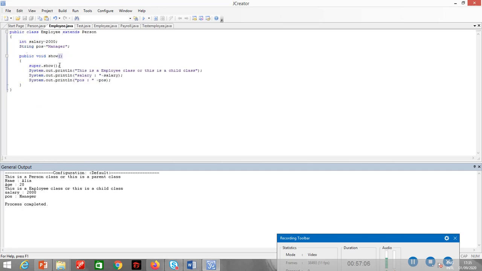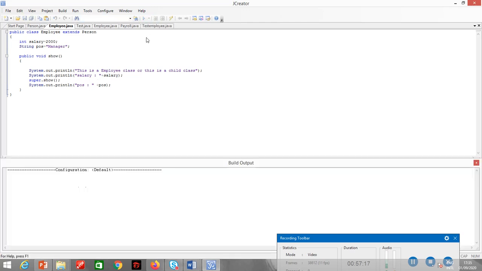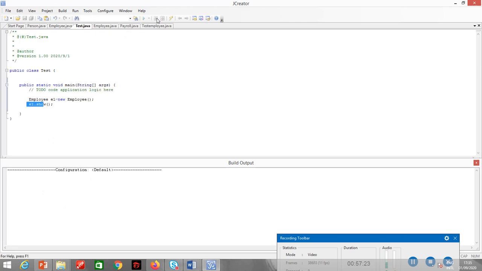Alright, now what happens if I use this statement anywhere? For example, I use it over here. It will give me a syntax error. Super should be the first statement. Okay, let me just compile it.